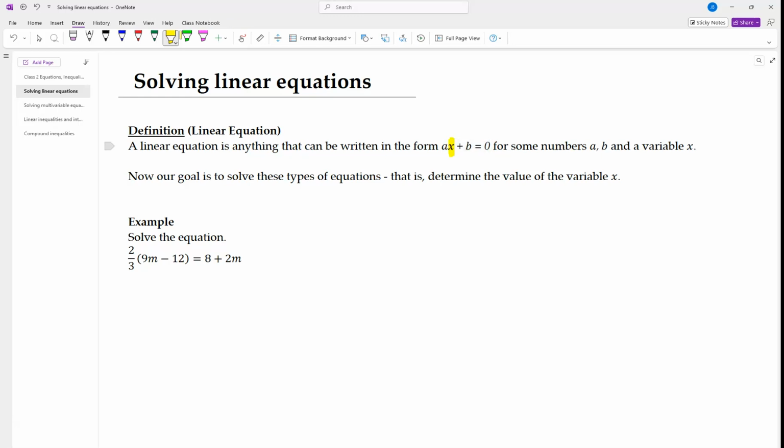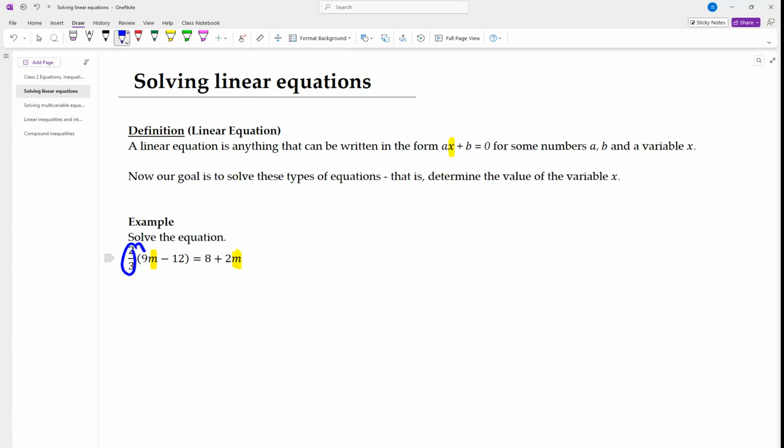And so we can get started, and we've probably seen this in our past at some point. Might have been a while, but here we go. So we want to figure out what the value of m is, right? But the problem is there's two m's in the example that I chose, and we need to figure out the value of m, and there's only one. So we need to manipulate the equation a bit. So what I'm going to do